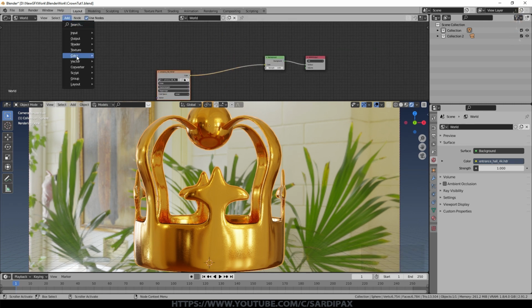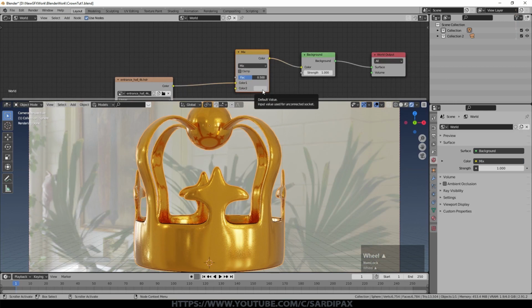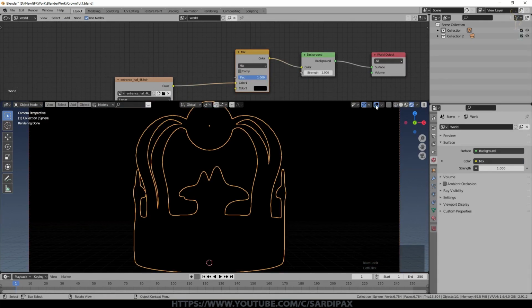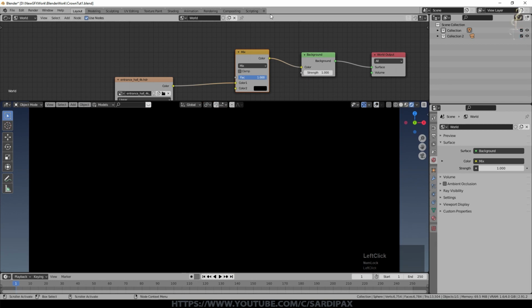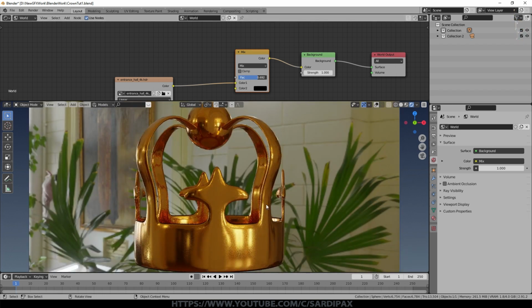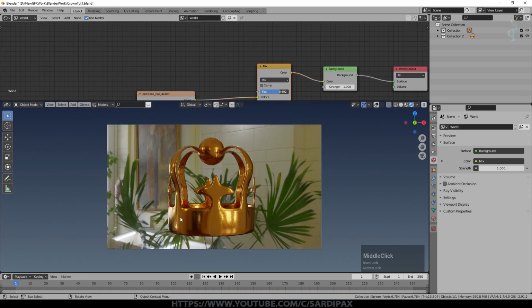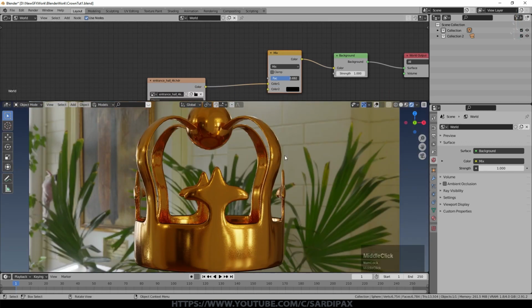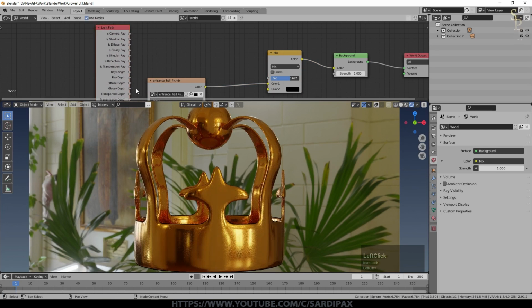So I'm now going to add a color mix node, drop that in there and set the other side to black. And if I go all the way to the right, you can see, if I turn that off, the scene is black, there's no light in the scene, and as I come back this way we start to get our background back and it illuminates the scene. So what I want is to only show black when we are looking directly at the background. Everything else, in other words reflections, I want to work as normal. So I'm now going to add an input which is a light path node, and it's got all these options coming out of it. The one we're interested in is camera ray.